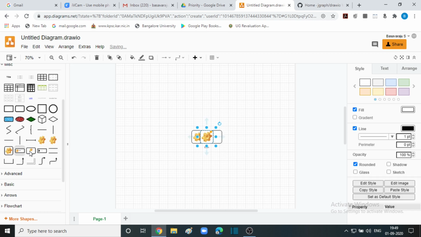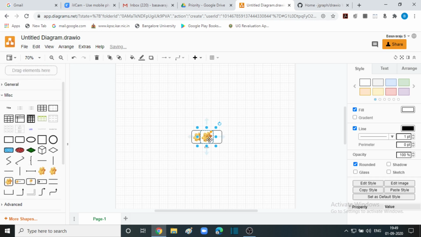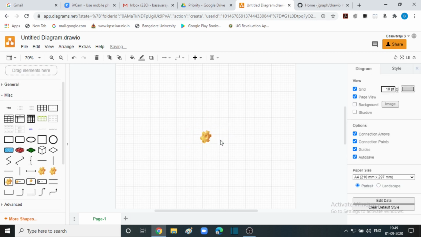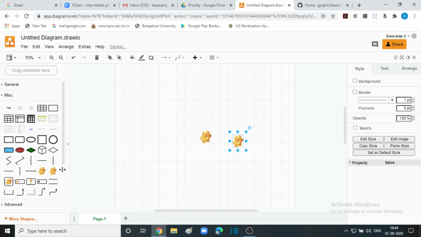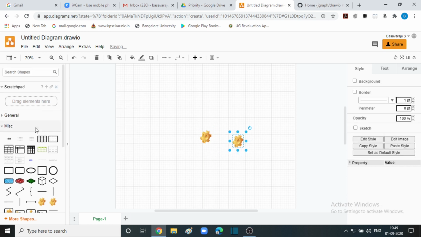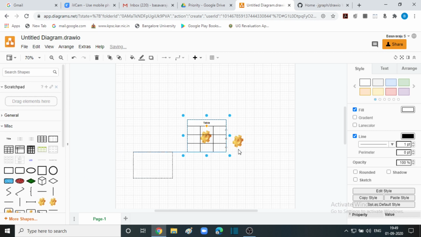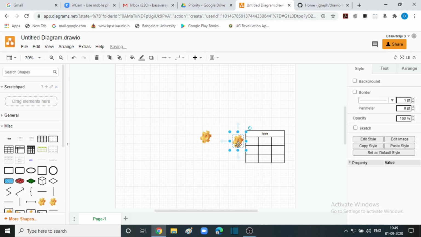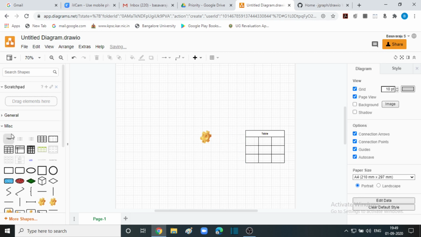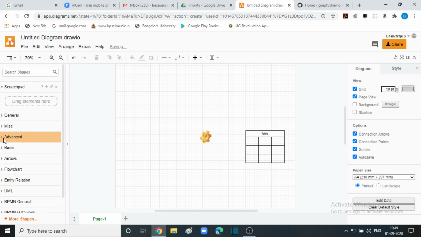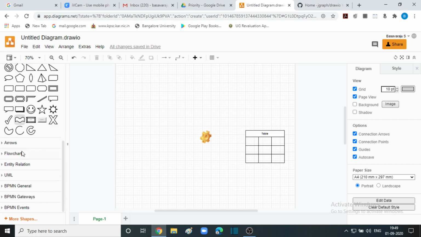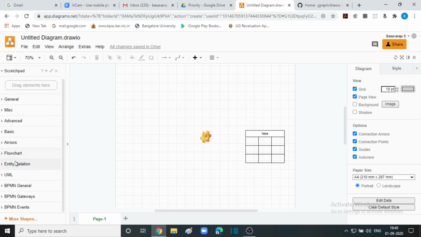For example, some labels and pictures can be added like this, and very importantly you can move them here and there. And some tables, if it is necessary, you can represent some tables, and these are readily available here, and whatever the products are there. Similarly, you can insert not only the shapes,